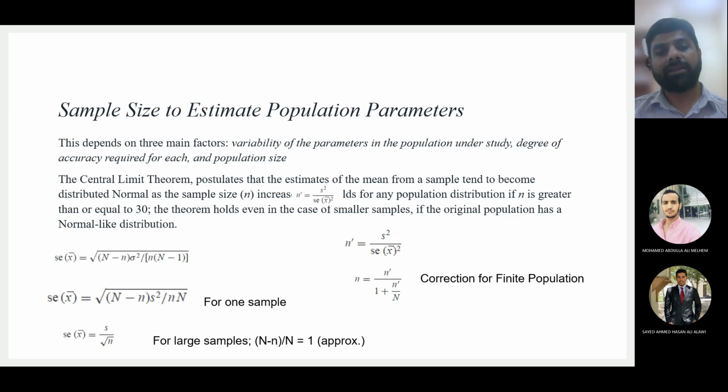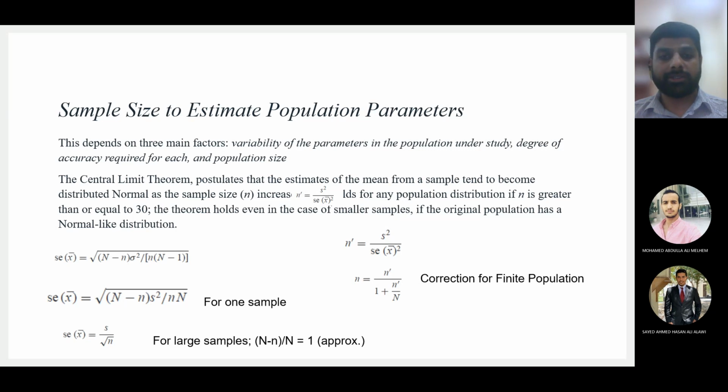Sample size depends upon 3 things: the variability in the parameter, the degree of accuracy you require, and the size of the population. Now there is a theorem which we use when we are calculating the sample size, and this theorem comes from normal distribution. Normal distribution is something which we discussed last week with the random variable distributions. Okay, so normal distribution, bell shape, z value, and so on. So why are we applying a theorem for normal distribution to sample size?